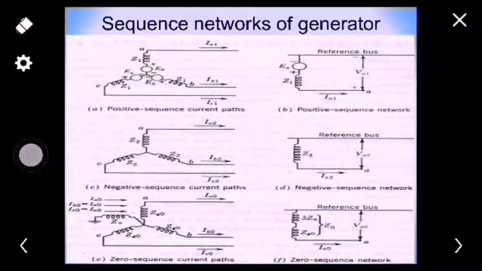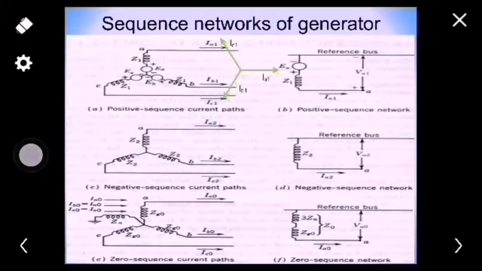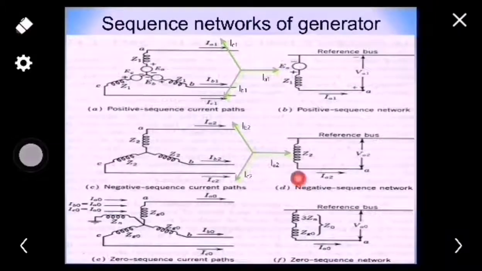This is the positive sequence network representation, and we also know the phasor sequence like this: IA1, IB1 and IC1. You can see this is the clockwise direction for the sake of simplicity of the understanding. Negative sequence won't have any source. Why? Because machines are not designed to generate the negative sequence naturally. And here we can see that the phasors IA2, IB2 and IC2 will be in the anti-clockwise direction.